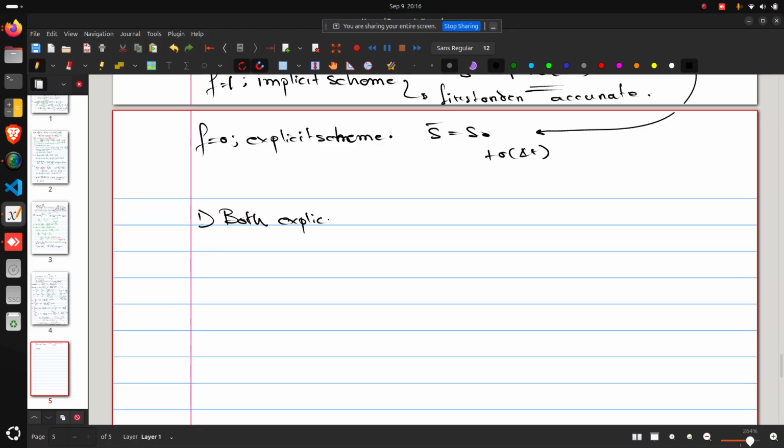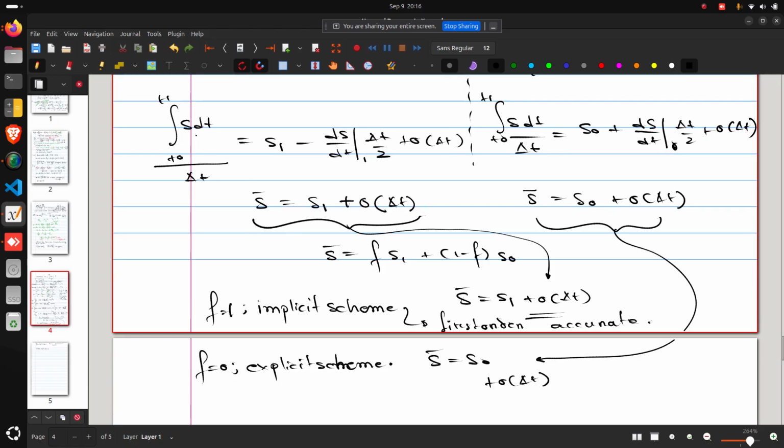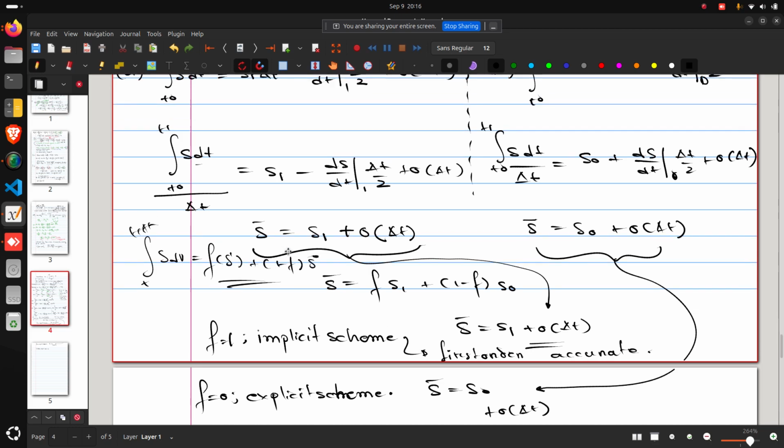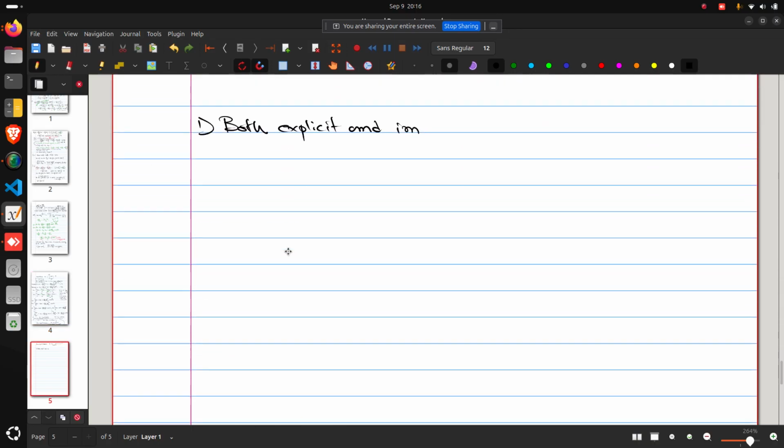Yeah, please tell. No. Okay. So if you see this, we are interested in this S dt from t to t plus delta t, right? And we modeled it using some kind of f times s1 plus 1 minus f times s naught, right? So this is for the temporal integration. This is not in case of space. So forget about the